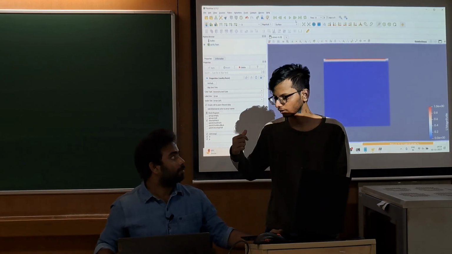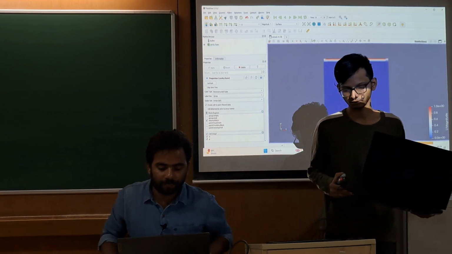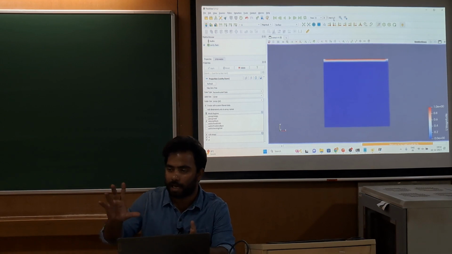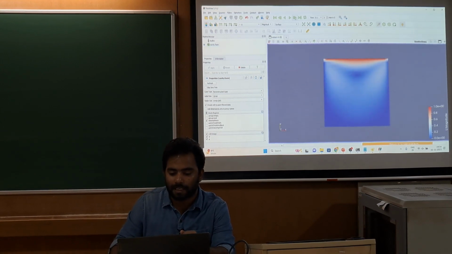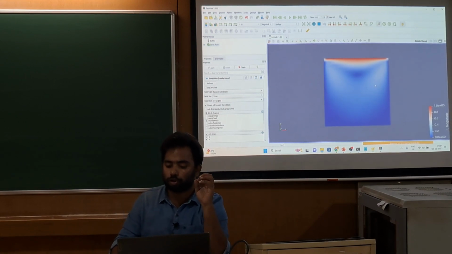So now I will follow. Yeah, you can do blockMesh and this checkMesh and then run it. Okay. So there are total 5 iterations you can see for different time steps. So we can visualize each time step. So this is the result for the time step equal to 0.1.